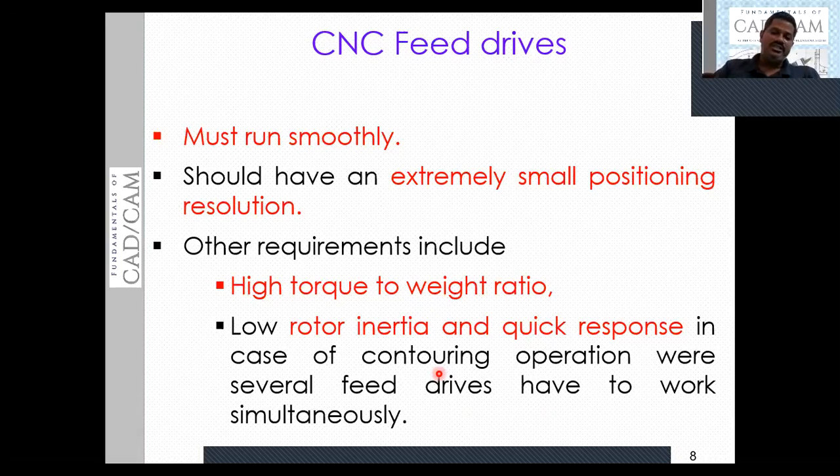Or if the tool is stationary, the work table must be able to move very quickly with respect to the tool movement, because the coordinates of the table and the tool are going to vary continuously with respect to each other. This is what the quick response of the feed drive is.